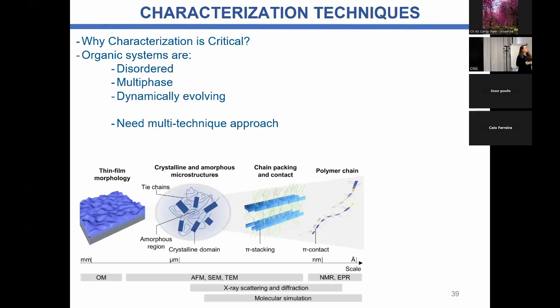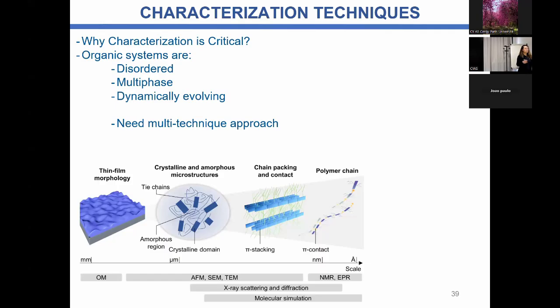There are also some techniques that can induce artifacts. So maybe you are seeing something that is not there, but you are inducing it because of this disordered system. And also because of this dynamically evolving,